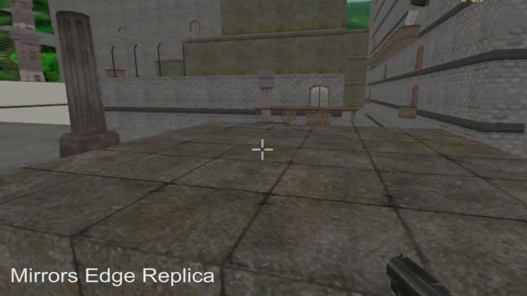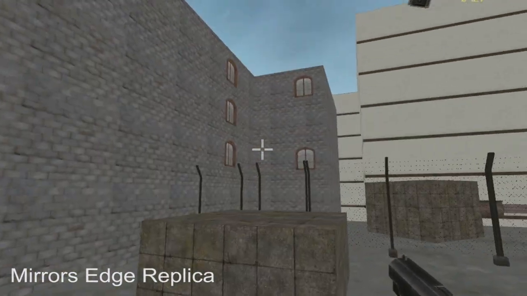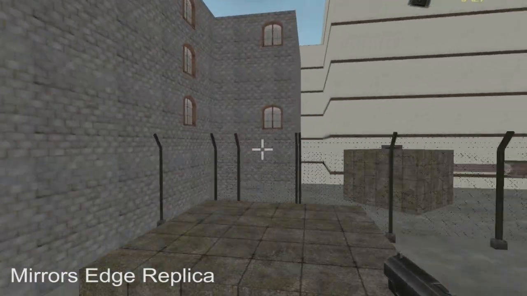I got frustrated at FPS Creator because it had a creativity cap, I like to call it. It was limited. So you had a block grid that you were allowed to work with, but you couldn't really change the textures on walls without a lot of work. You couldn't really customize anything. It was very preset, so that kind of bugged me a little bit.